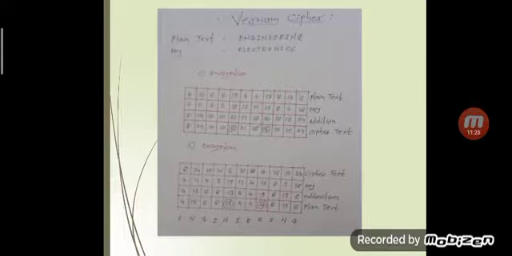Here we can use the plain text as "engineering". For this plain text, we have to use the same size key. So here we can use the same size key, "electronics". First we have to do the encryption, and after that the decryption. Now how to do the encryption? In order to do the encryption, we consider our plain text, which is engineering.